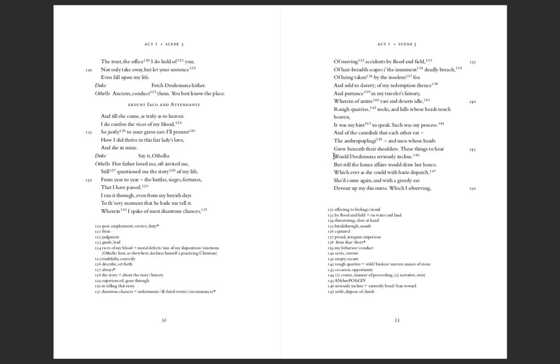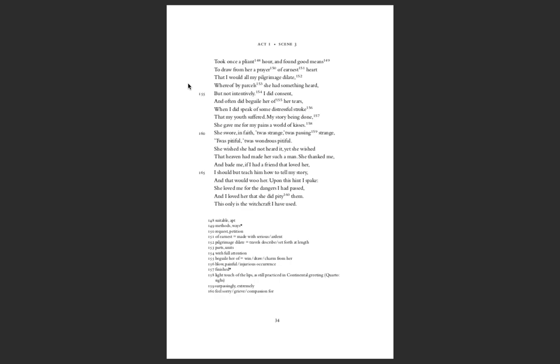And then we see "these things to hear would Desdemona seriously incline." So Desdemona would listen very intently to what Othello was saying, "but still the house affairs would draw her thence, which ever as she could with haste dispatch, she'd come again, and with a greedy ear devour up my discourse." So every now and again Desdemona would have to go off and do housework or some business related to her domestic position. But as soon as she could, she would come back again, and she would just want to hear the stories again. With a greedy ear, she would devour up his discourse,